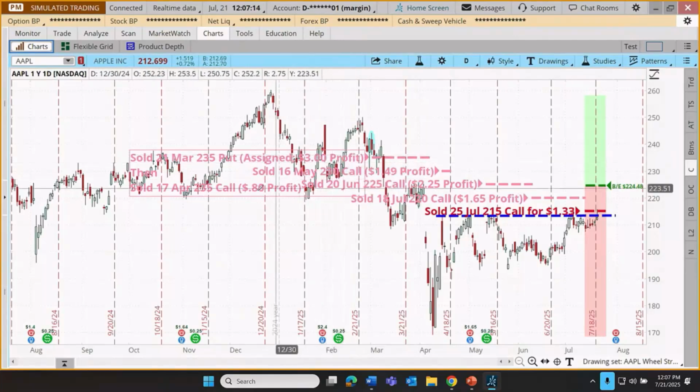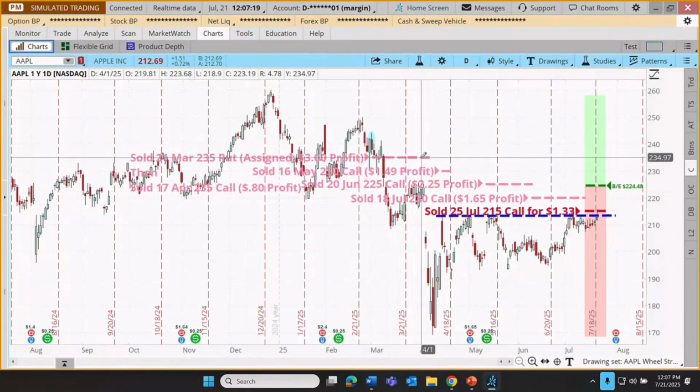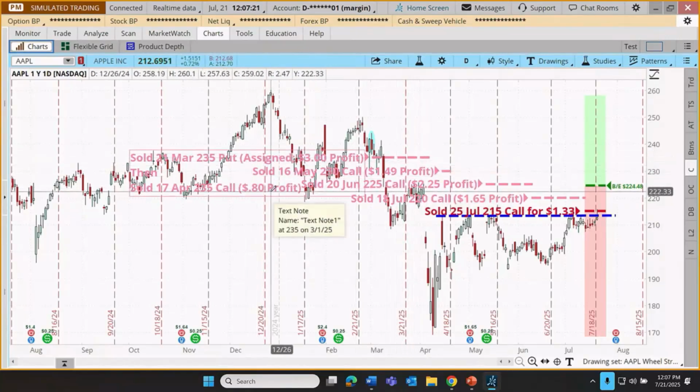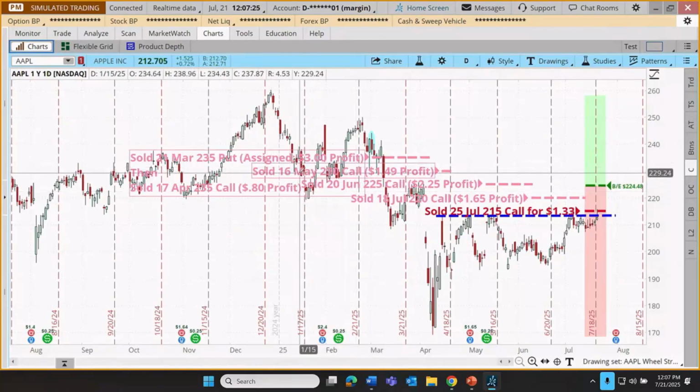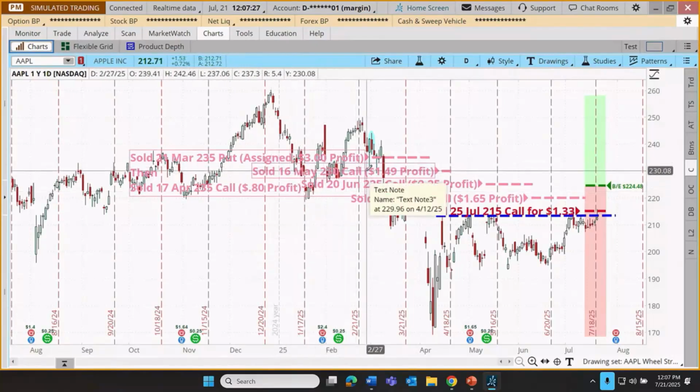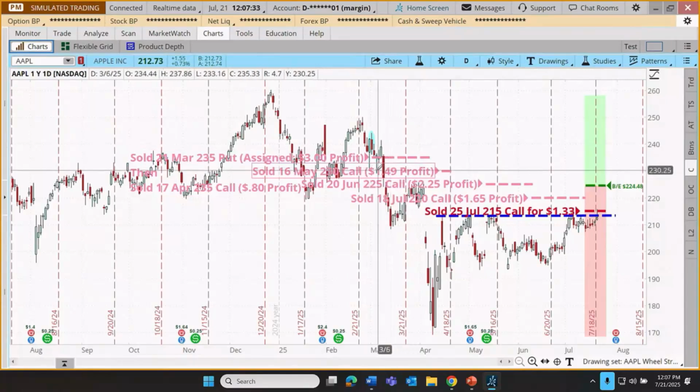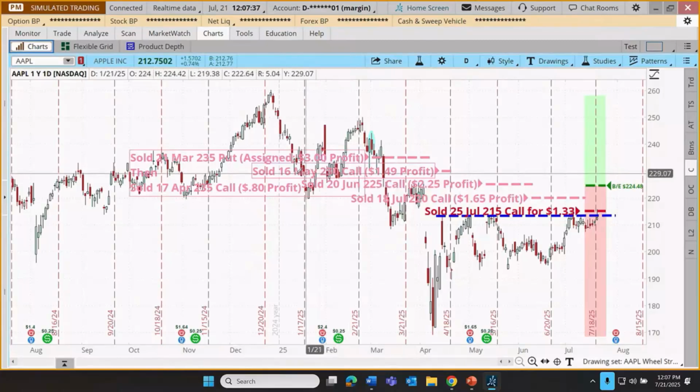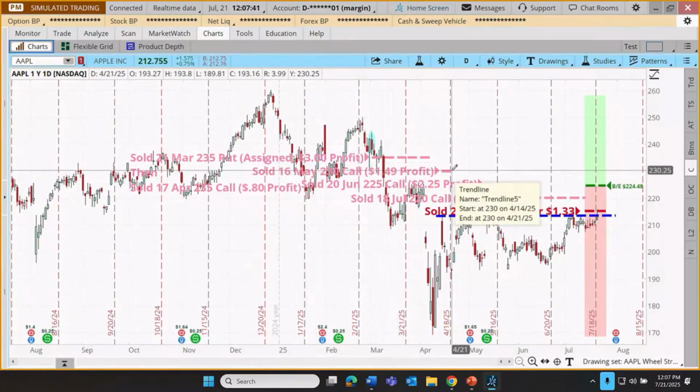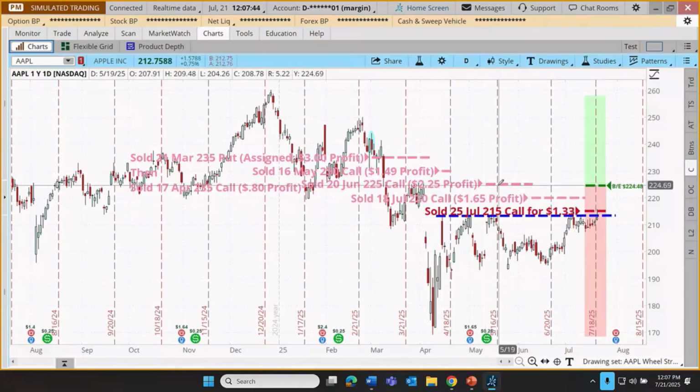In any case, we wound up buying the shares at 235, kept that premium of $3. That became a realized profit. We sold a 17th of April 235 call. That was right up at this strike as well. That we closed out for an 80-cent profit. We then sold a 16th of May, and this is interesting. We've kind of been rolling along, which lays the groundwork for this discussion today, rolling these positions, selling new calls along the way. We sold the 16th of May 230 call for a $149 profit. And you can see as these expire, we add new positions.